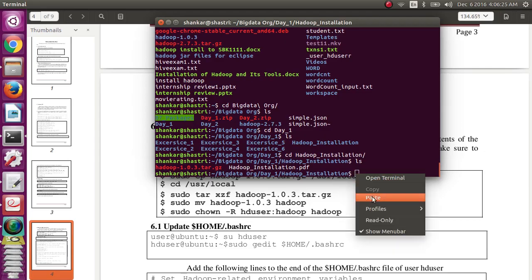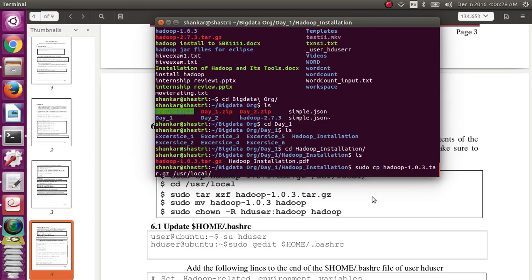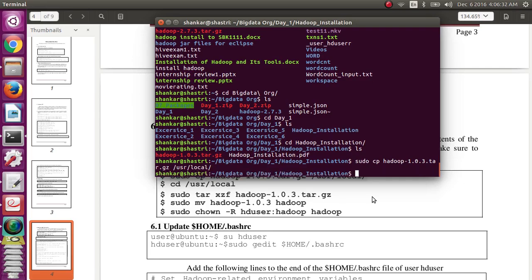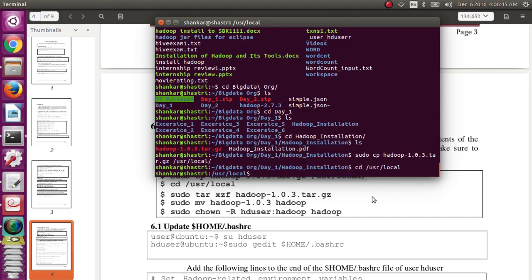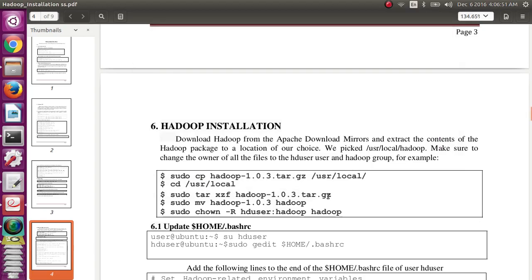First copy it to usr local, under the root. Now it is successfully copied to usr local. Then go to usr local, and here you extract all those files.